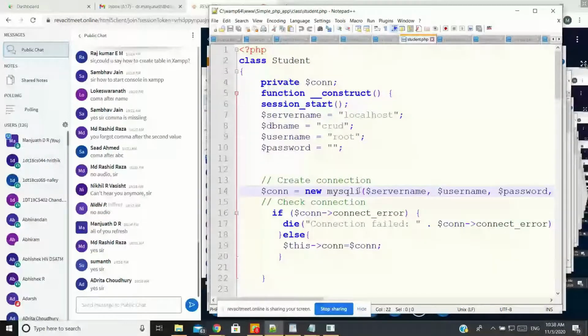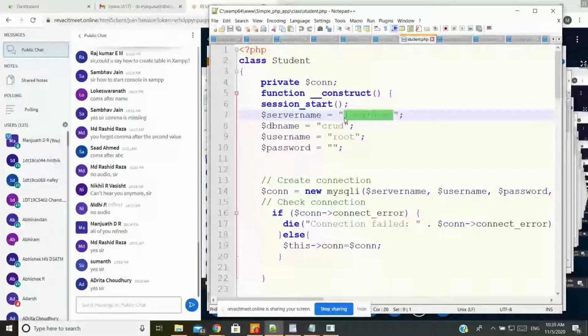The API MySQL is going to consider four attributes. Okay, so let us give the values to these attributes. My server is local. If your database is staying in your server, in the same place, you have to give local in the server name.